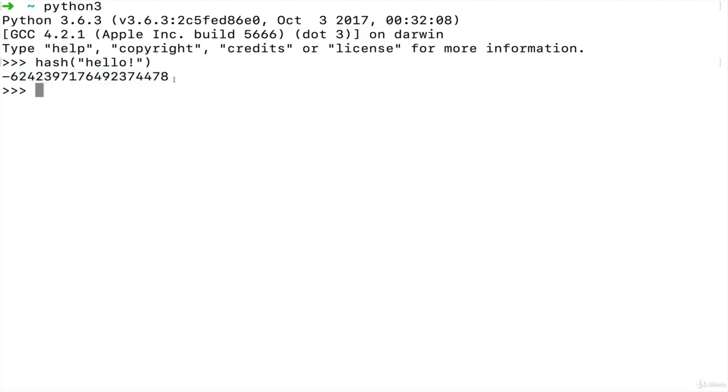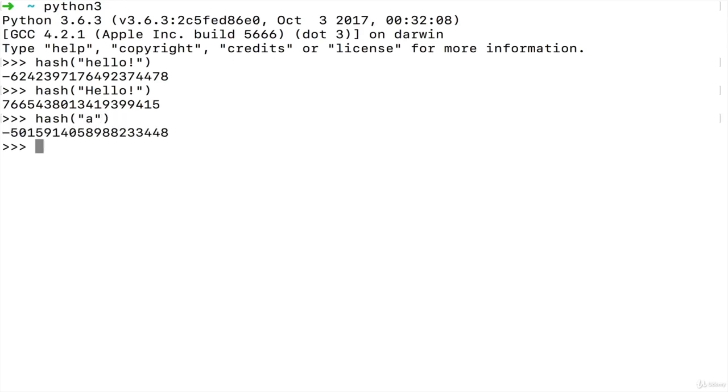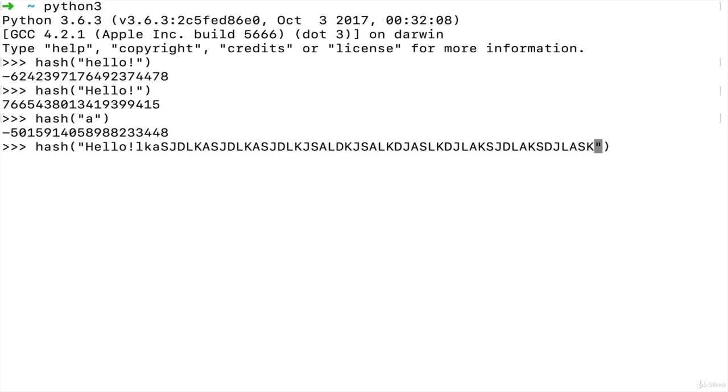I'm not going to count the characters or the bits, but of this size. And I can do it again and just change something slightly, like make it a capital H. And I get a number of the same size. It's shifted over because this negative sign was there. But if we look at the same number, it is the same number of characters, but it's totally different just from changing that H. But I could do a single character like A, and I still get this really long number. Or I could do a super long string that's much larger than that number,